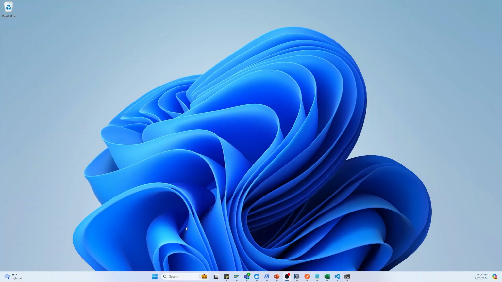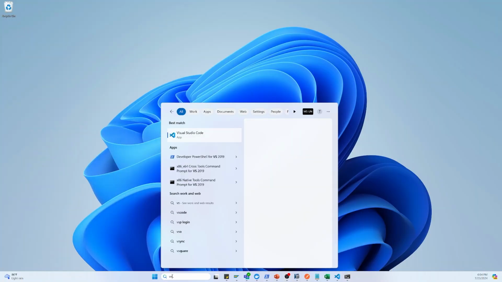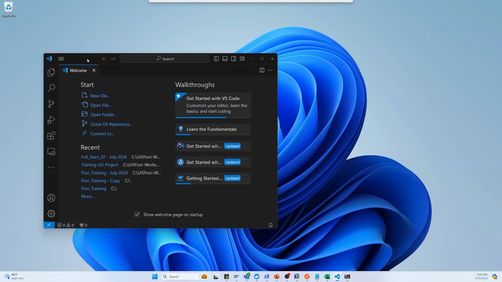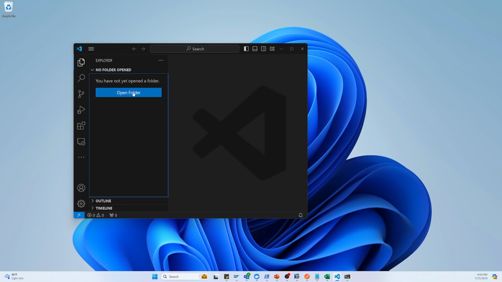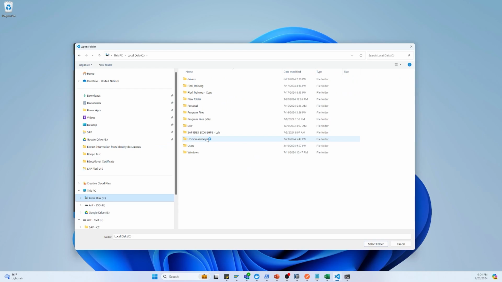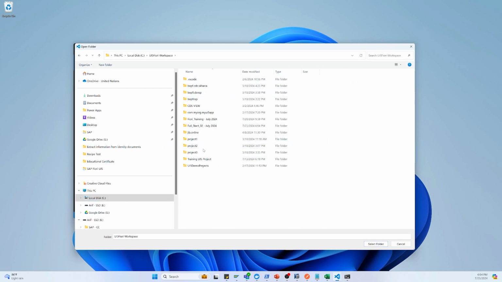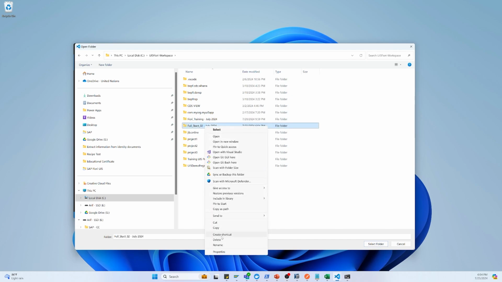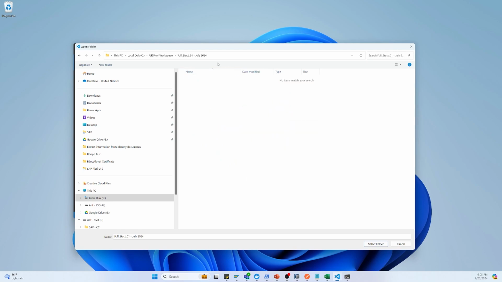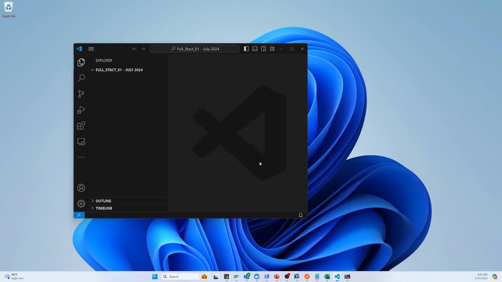So let's get started with VS Code. From here we can open the project. Here that is my workspace, and I am using full stack 02. Basically it is 01, and this is the empty folder. So I'm selecting that. You can see nothing is there. So now from here